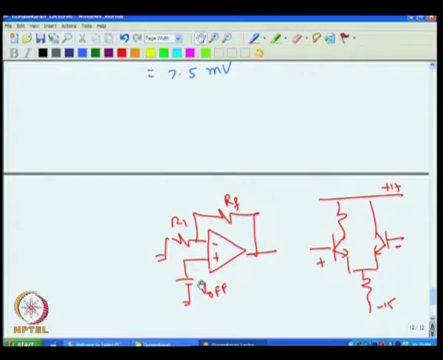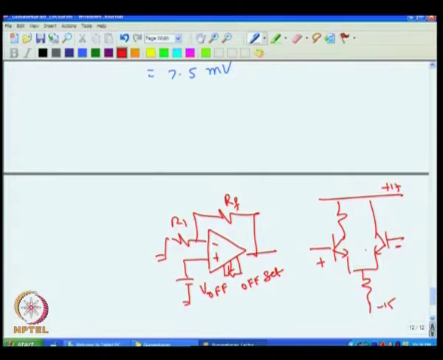In fact, offset voltage itself is not a big problem, because if the offset is there, you will get an output voltage amplified by the gain appearing at the output, but there is a provision in the operational amplifier to adjust the offset. They call it offset voltage adjustment. One can adjust this and make it 0, but that does not solve the problem,